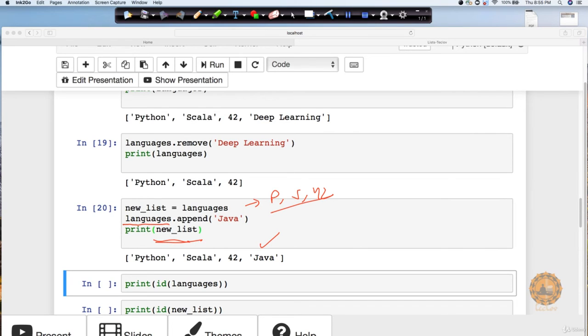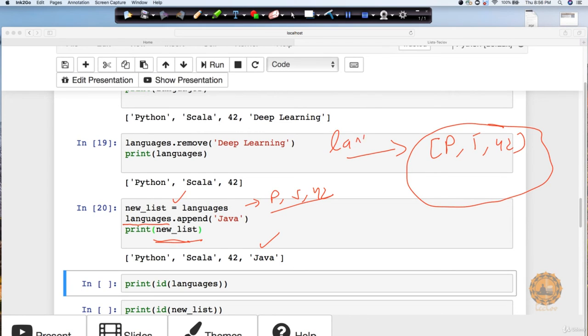The reason being, when you are doing this assignment operator over a list, they both are still sharing the same memory location. So earlier, let's say these are the values which are sitting in memory: Python, Scala, 42. Now, what was happening? It was referencing your languages. I'm writing in shortcut.